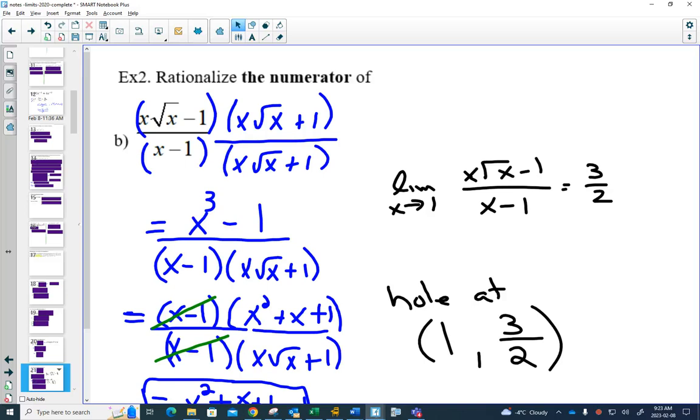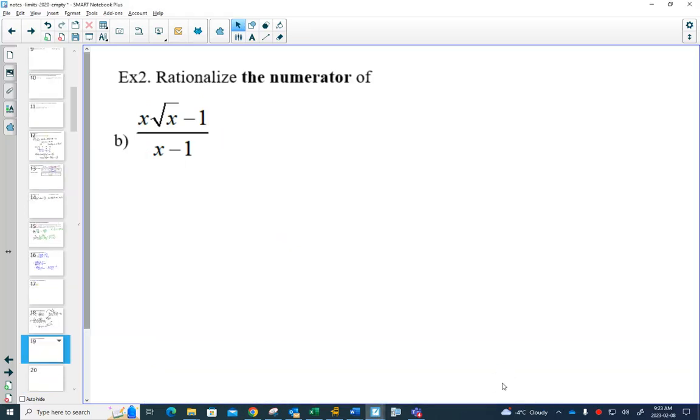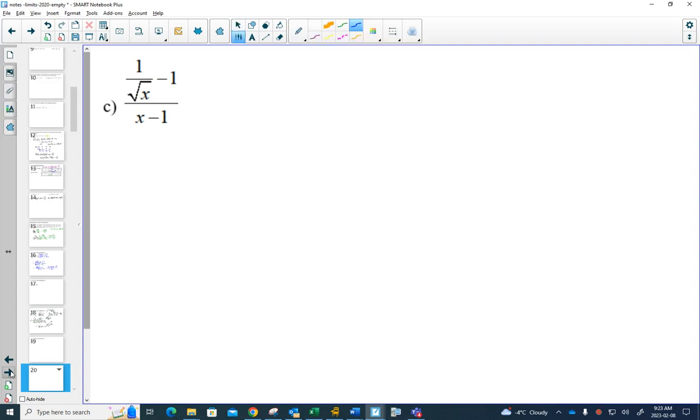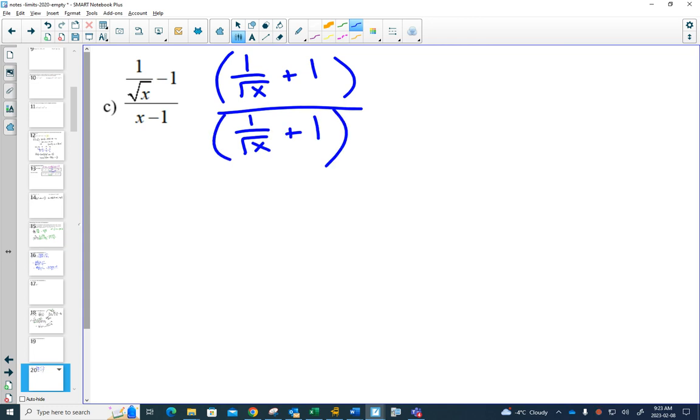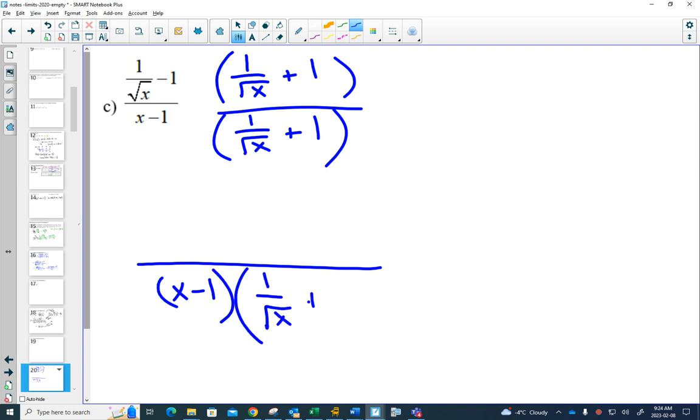So let's do the last one together with the complex fraction. First of all, we have a square root on the top. And if you wanted to multiply by the conjugate, that's what it would be. Perfectly fine. And that will get rid of your square root on the top. I'm going to leave it back on the bottom, but I'm going to get 1 over x minus